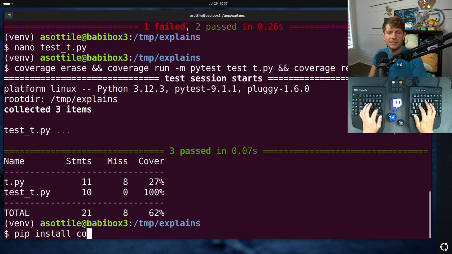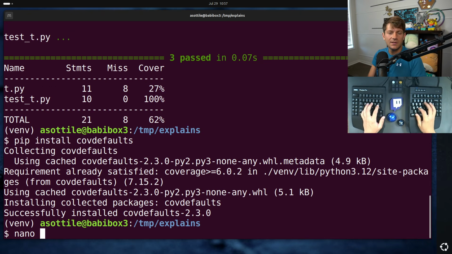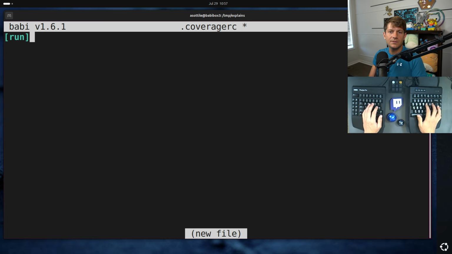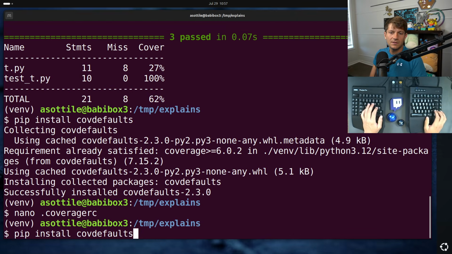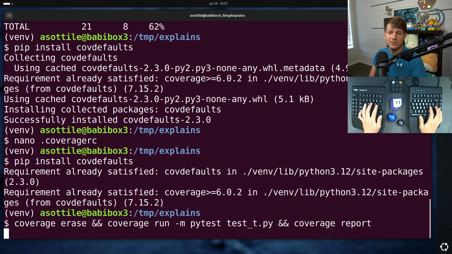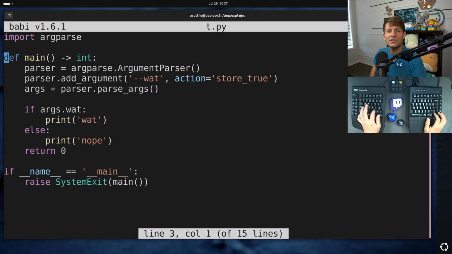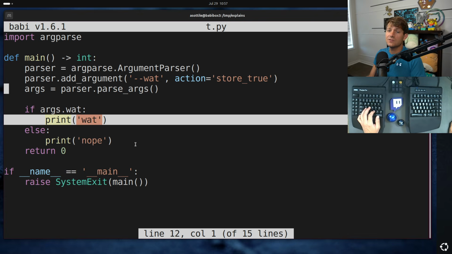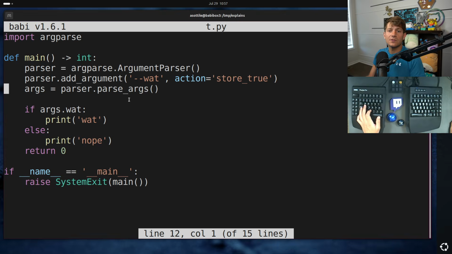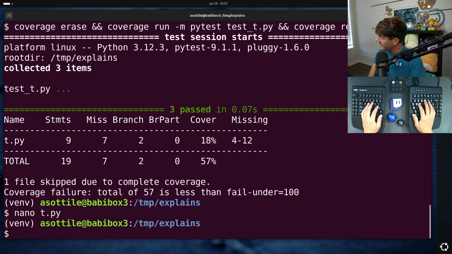I'm actually going to install cov defaults. This is not the library we're replacing here. This is just going to make our missing lines show up here. Coverage rc run plugins equals cov defaults. Oops. If we run this now. Okay, cool. So we can see that it thinks that lines 4 through 12 are missing, which is actually just our entire implementation of our program. We know that they are actually running because our tests do assert the output, but we're not getting any instrumentation for this. Now, previously, what I would do to make this work is I would install